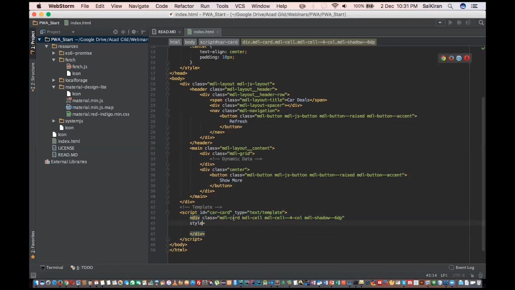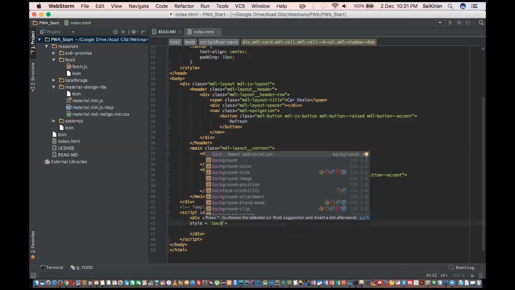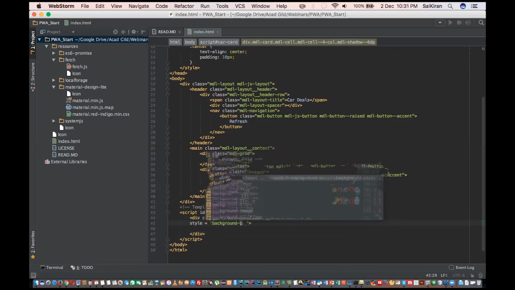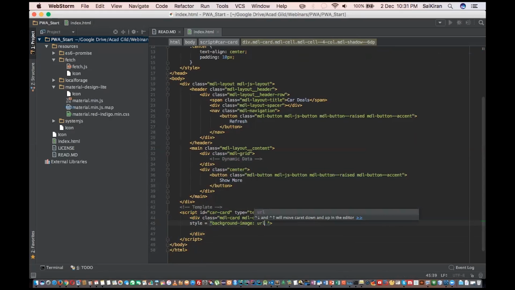Yes, okay. So I'll just add a style to this guy with the property called background image. I'm going to read that image from the URL, and the URL value is going to be held by a